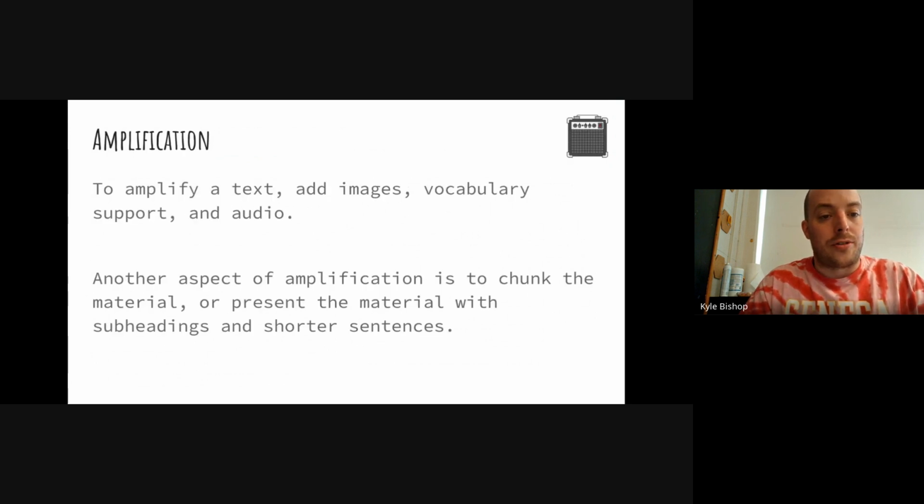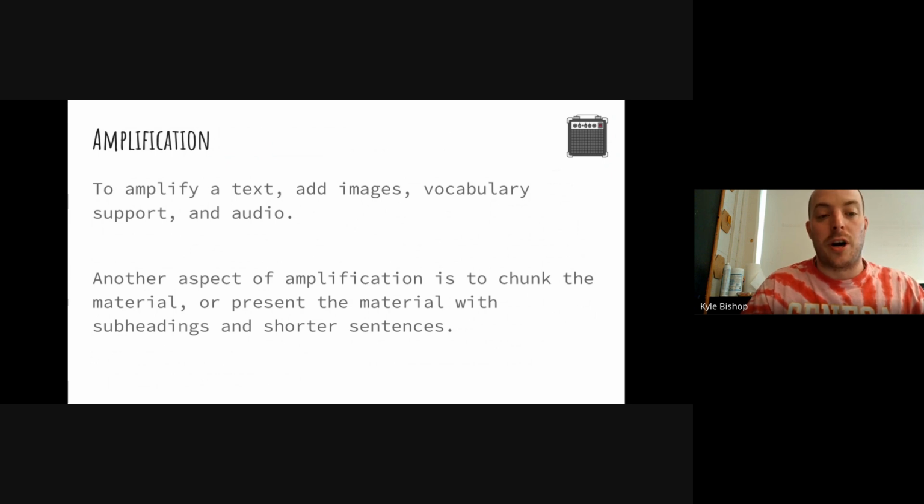The third strategy I wanted to discuss was amplification. And to amplify text, you can really help multilingual learners access it better by adding images, outlines of vocabulary, and different audio, just multiple forms of media to help kind of bring that text to life, to amplify it